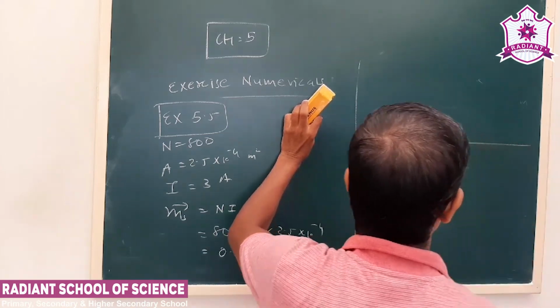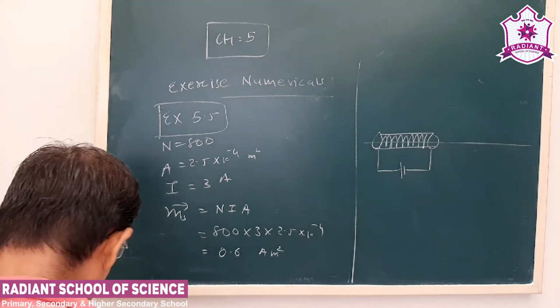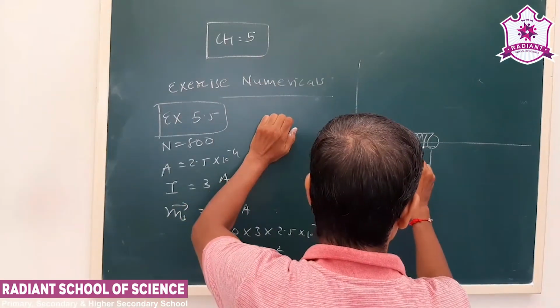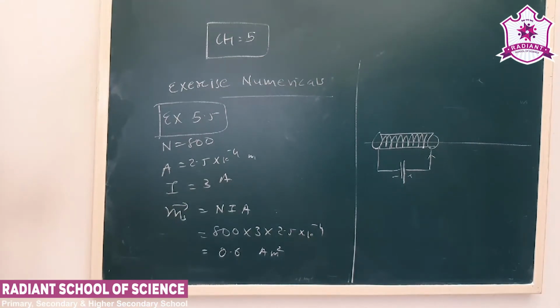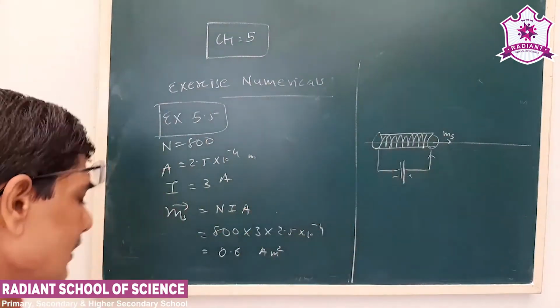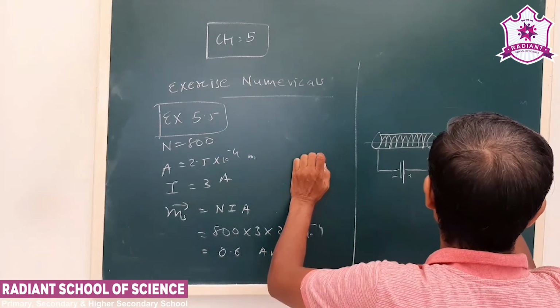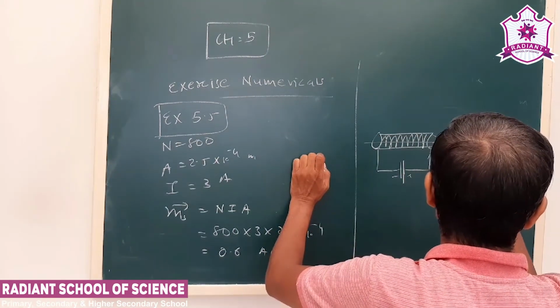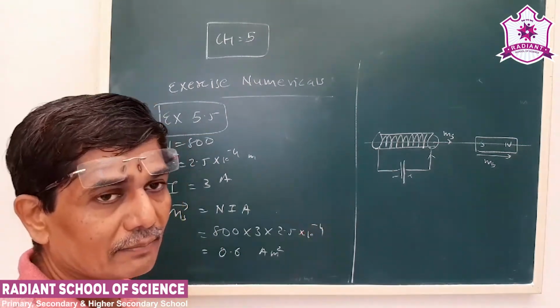In the beginning of the lesson we had a relation, equivalence between solenoid and a bar magnet. Now see, depending on the current, let us say current is in this direction, so what is the direction of the magnetic field? Now we can consider it like a bar magnet with dipole moment in the similar direction. So that is the relation or the equivalence between the dipole moment of a solenoid and a bar magnet.